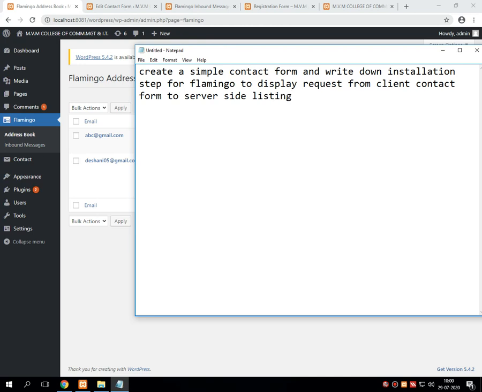So this is the practical which you have to mention in your journals. I hope this one is very clear.